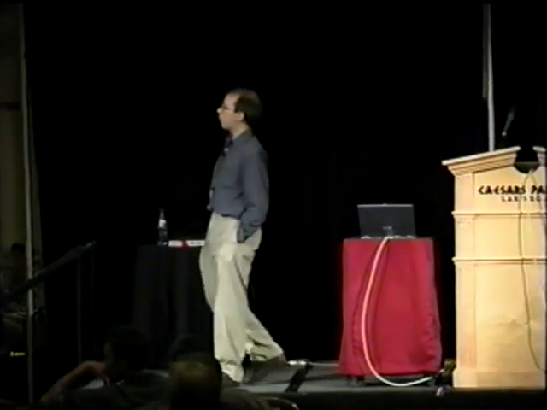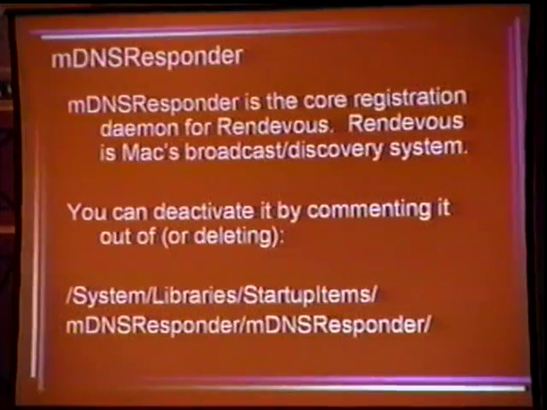So we can turn that off. If we look at mDNS responder, it is the registration daemon for Rendezvous. It's what's sitting there responding to requests and telling the entire network, hey, I've got files to share. I've got somebody in Instant Messenger, and he's friendly. He wants to talk with you. Okay, so if you want to turn off Rendezvous, that was one of the weird ones I was telling you about. That's not in hostconfig. If you want to turn off mDNS responder,